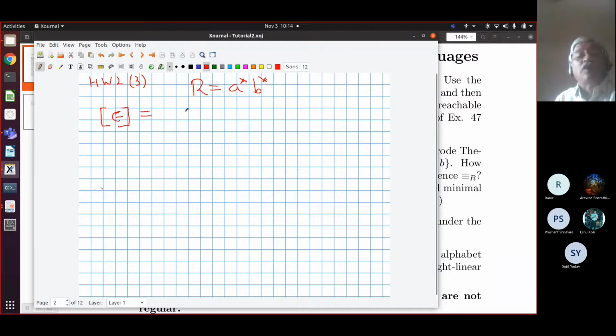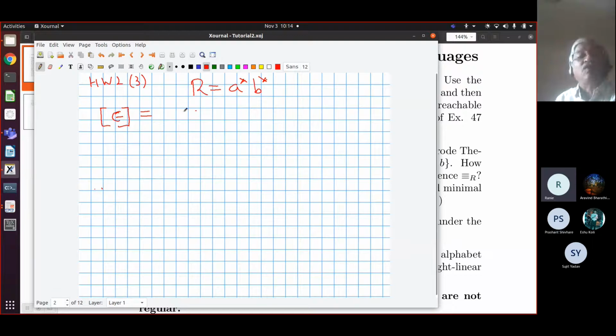My claim is that epsilon cannot be distinguished from AA. Why? Because after an A also, it will be in the same state. If you extend epsilon with any string that takes it to R, then A will also go to R on the same string. For example, if you extend epsilon with a B, it will belong to R. If you extend A with a B, it will belong to R. If you extend with BA, it will not be in R, and if you extend A with BA also, it will not be in R. So all strings will keep you there.